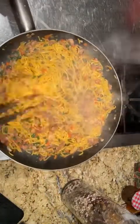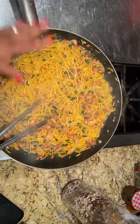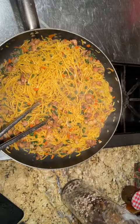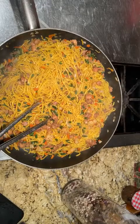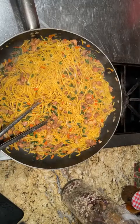And you can change this configuration. You can use the same technique, but change the configuration. Maybe you want to make it all chicken. Maybe you want to make it all shrimp. Maybe you want to put some sliced beef in there. The only thing is, I would say, be careful with the vegetable you choose, that it's not something that